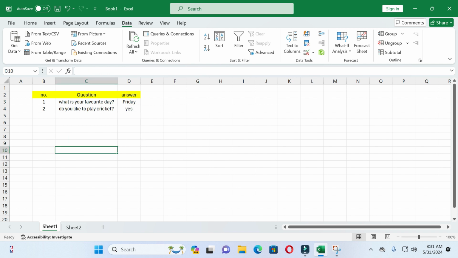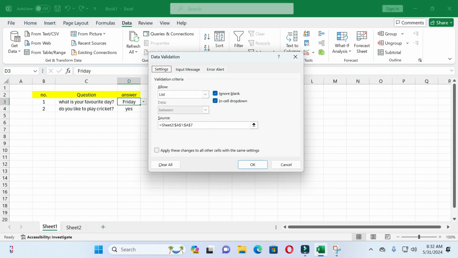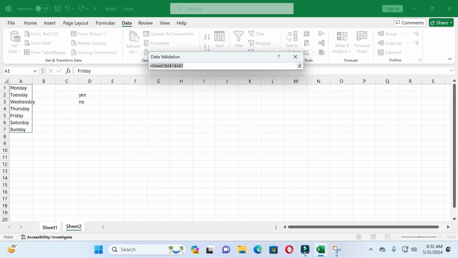Firstly, select the cell. After that you will see the Data option, so just click on it and then you can see the Data Validation option. Click on it, and here you can see the Allow options. In the Allow options, always select List. After that you can see the Source option, so just click on it, and here